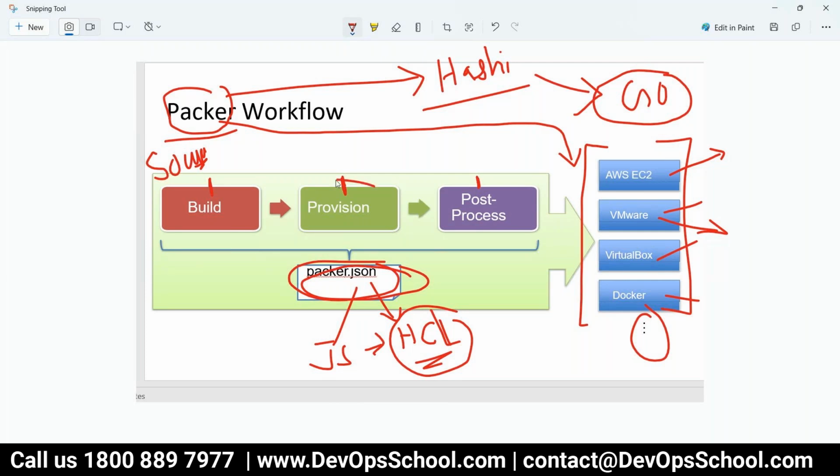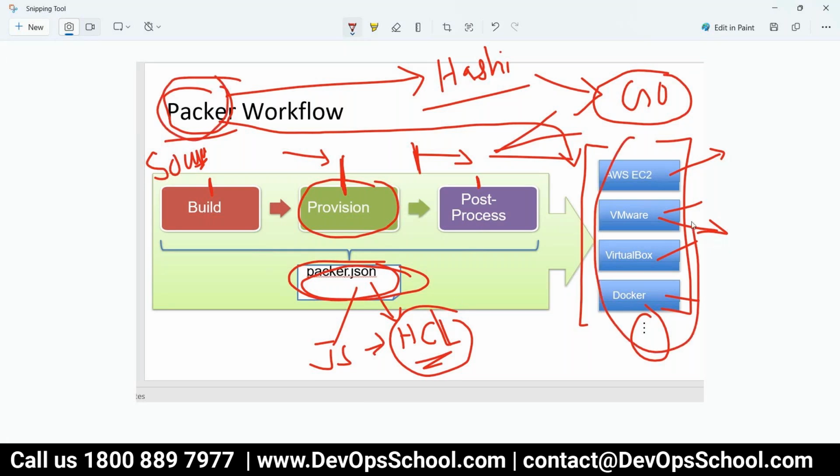Provision means what kind of things you want to do in the new images, the changes. Okay, that's called provision. And once the image is created, what do you want to do? You want to send an email, or copy somewhere, or do something. Whatever it is, you can do all this stuff. So primarily Packer is a tool which will create an image for various platforms using coding, and this coding